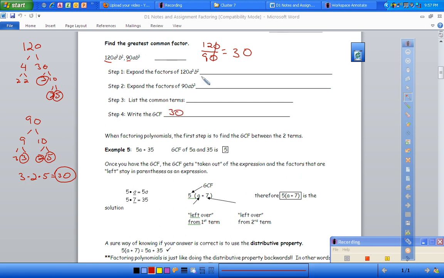Before, I said our shortcut for variables was to look at the exponents. This one's got 3 a's to give. This one only has 1 a to give, and the exponent here is a 1, of course. So what's the largest number of a's I can take out of both of them? Well, this one's only got 1 a to give, so that's all we can take. This one has b squared, and this one has b cubed. How many do they both share in common? This one's only got 2 to give. That's the smallest one, so I know that I can take a b squared out of both of them,